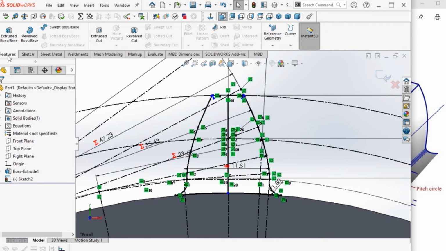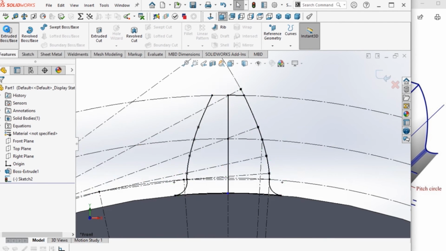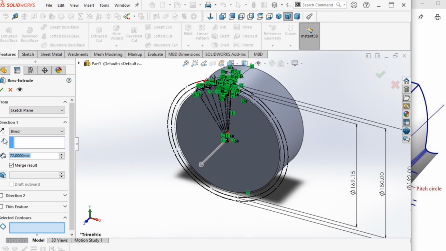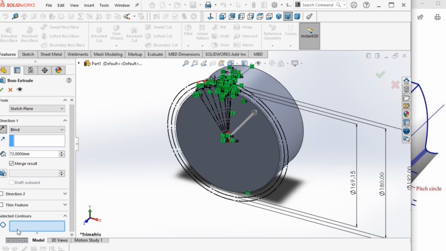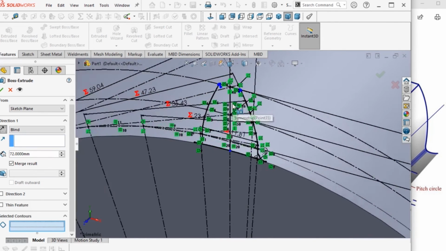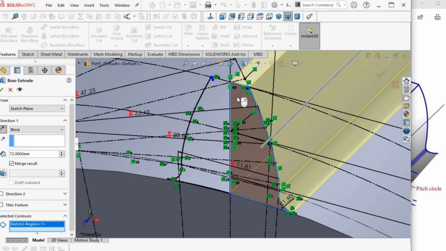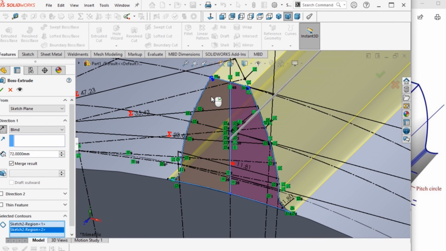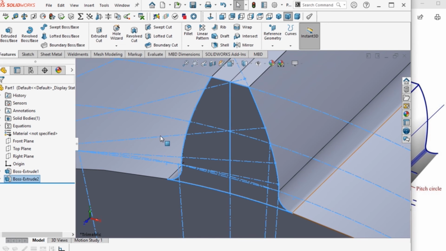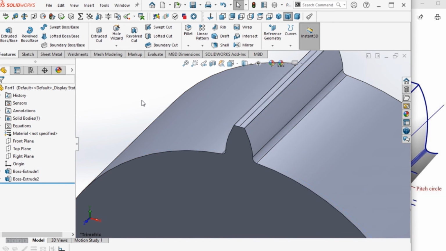So click on features, extrude base, change direction. The length will be the same, will be 72. Select contours. It's our first contour is this one. Second contour. Click OK. This is the tooth that you wanted